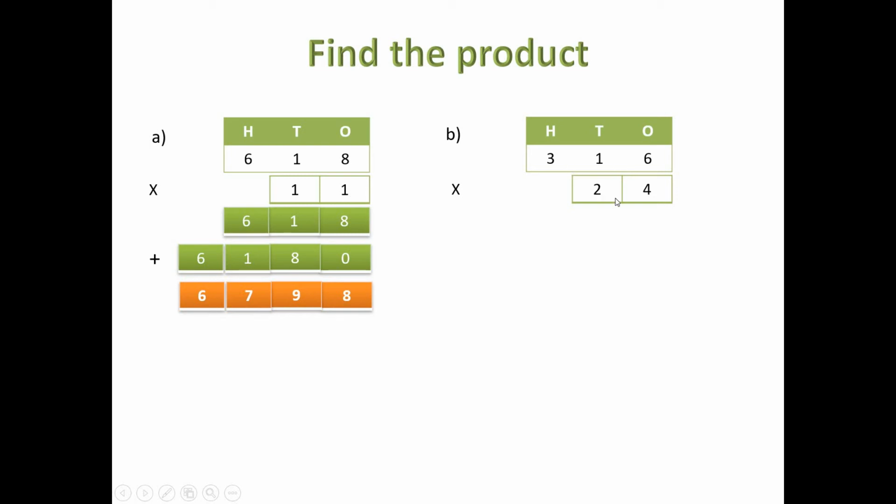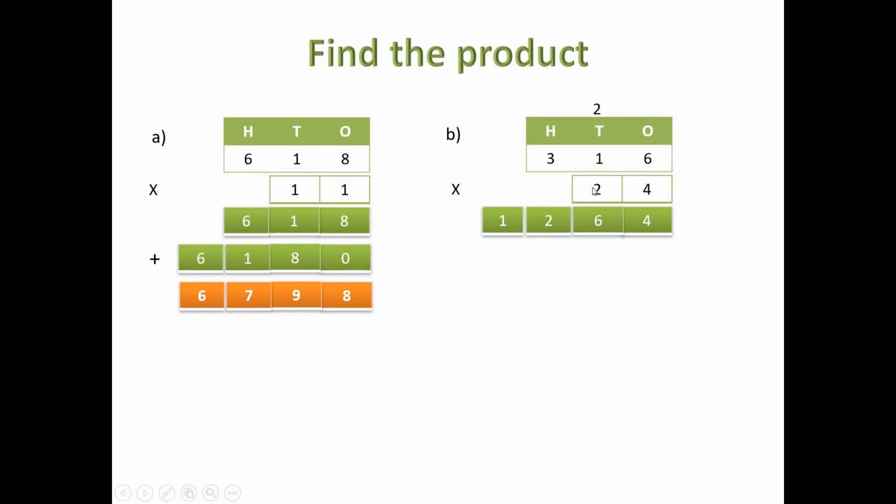Next is 316 into 24. Again here first we'll start multiplying with 4. So 4 6s are 24. So carry over 2. 4 ones are 4 plus 1, 5, and plus 2. So 5 and 6 6. Sorry, 4 3s is 12. So we'll multiply 4 into 3, 12. So 1264 is the first number that we have got.